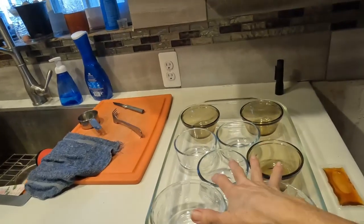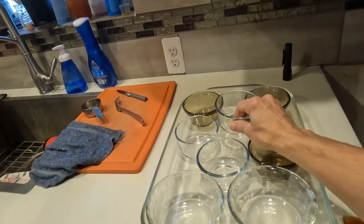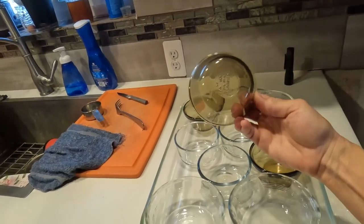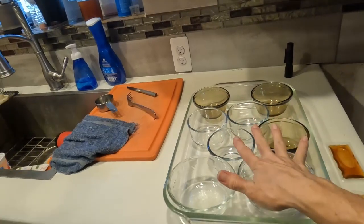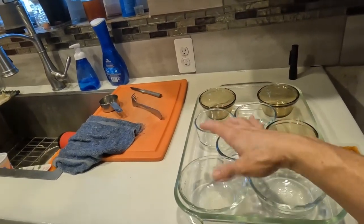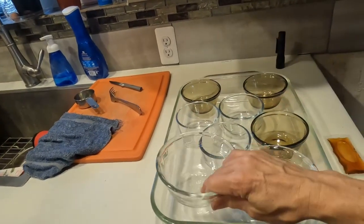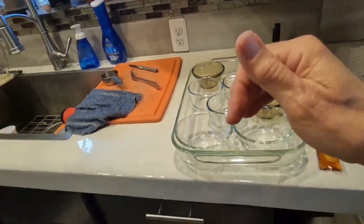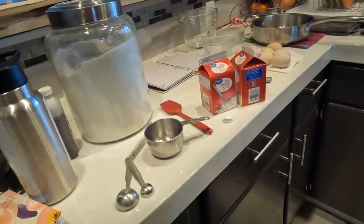the custard. I have these little dishes that I'm going to use. They say custard cups on the bottom of them. So I'm going to use this to put the creme brulee in, and then I will put hot water into the pan around it to help cook them evenly. So I've got ingredients here